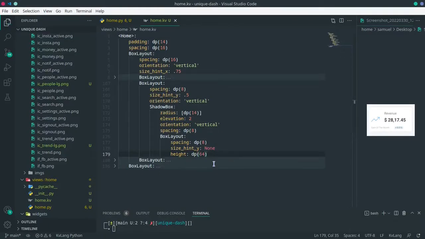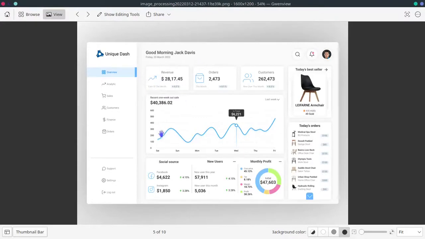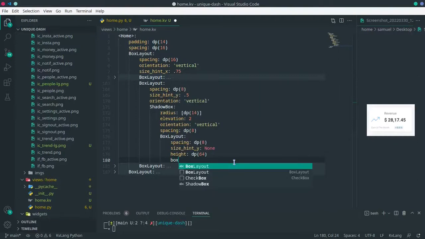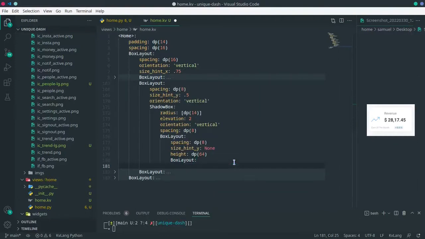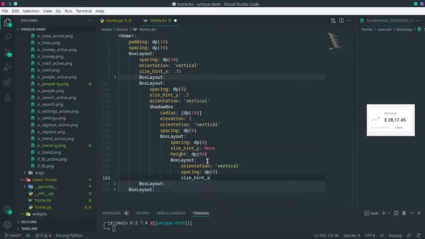All right, and what we're going to do, instead of making this a horizontal orientation, we're definitely going to make it an orientation of vertical. So box layout is that. Okay, spacing is there, and this one is going to have an orientation of vertical, just like that, and then spacing again of 8, and a size hint x of